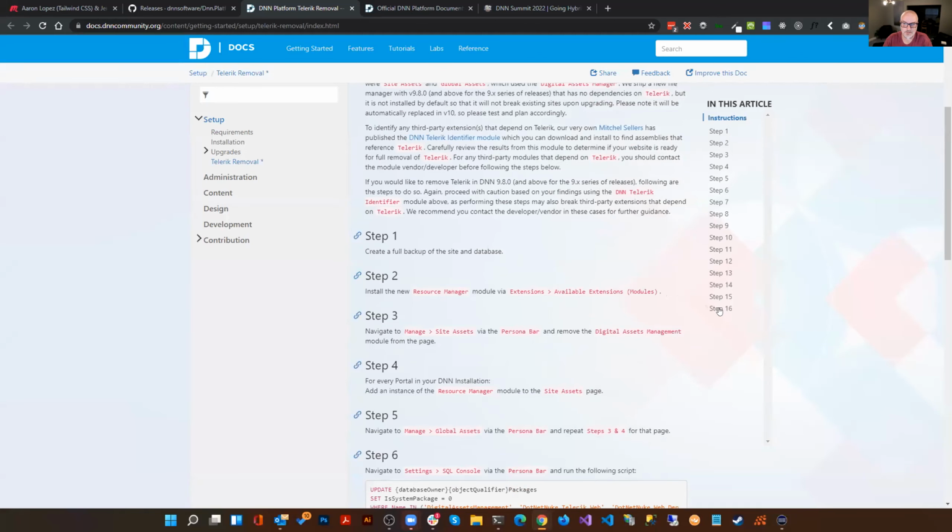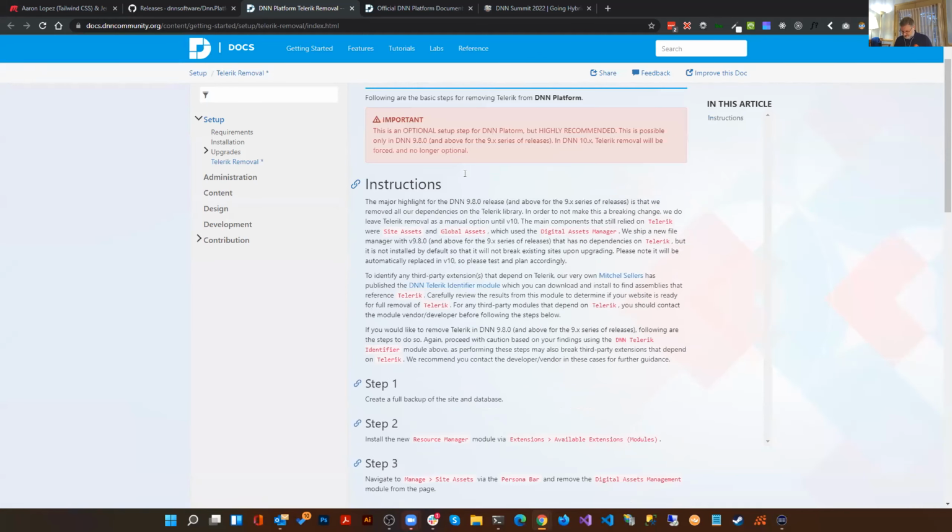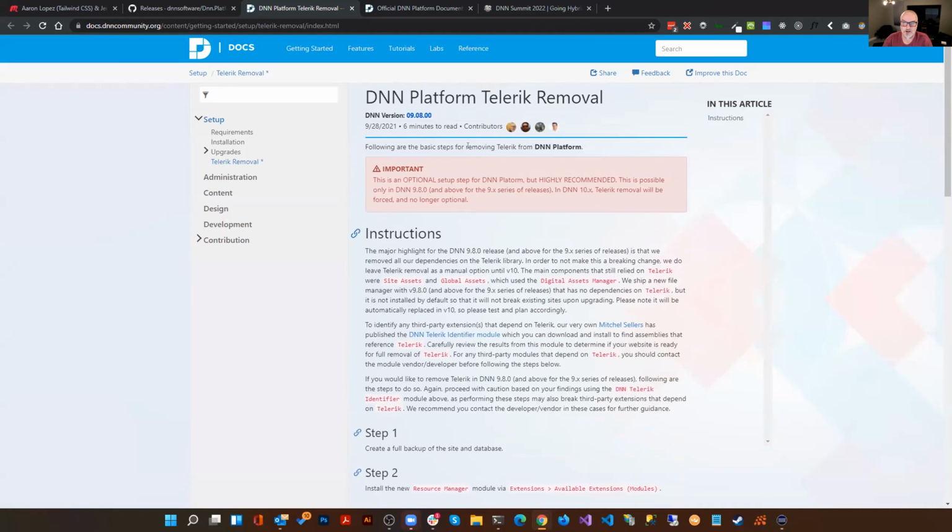It looks like a lot because it's 16 steps, but we broke that down into very granular step-by-step instructions, which makes it a whole lot easier to understand and clearly know where to go and what to do. So your mileage may vary just a little bit, but there are some notes on that in here. It's fairly painless. If you're able to do that, we highly recommend it, as always.